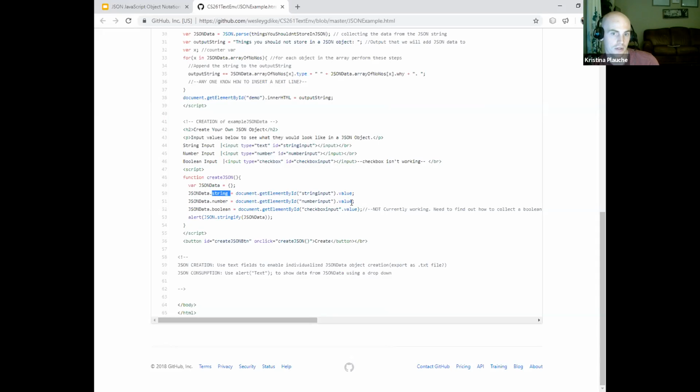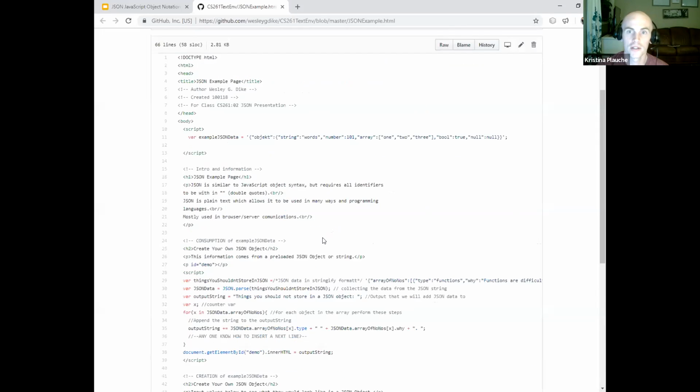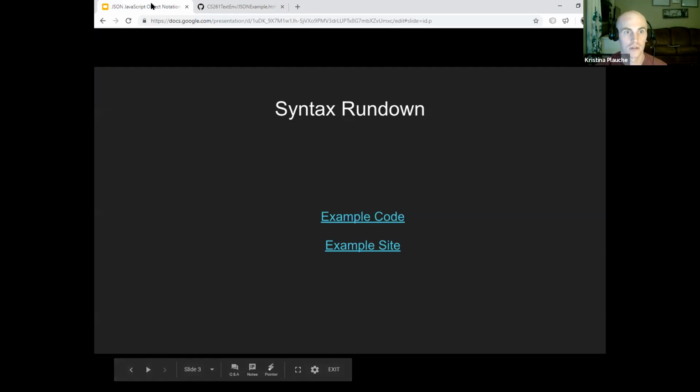The .number variable gets the number value. The Boolean value would get the checkbox value if I could get it to work. Then that object is converted into JSON format using JSON.stringify, passing it the object. From there, it'll alert, or show a little pop-up, showing you the object that you made. And so I'll open this.